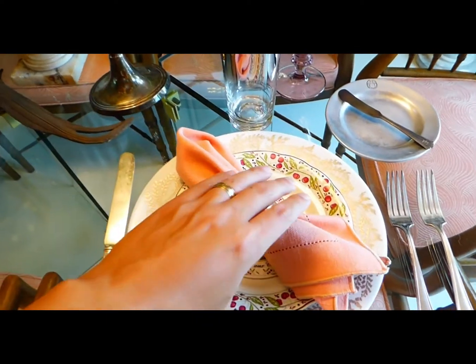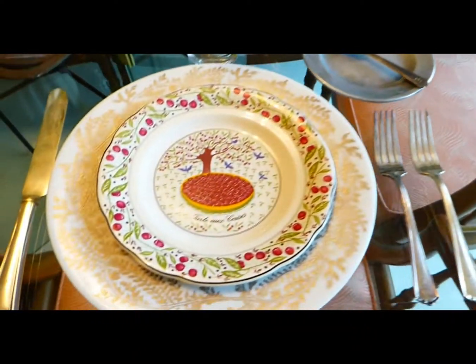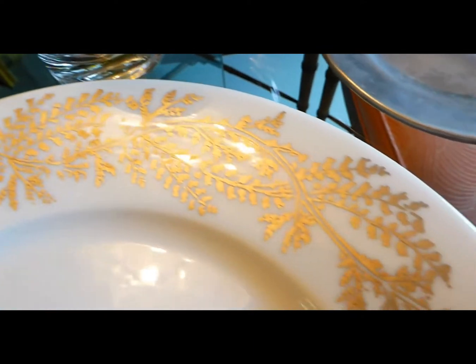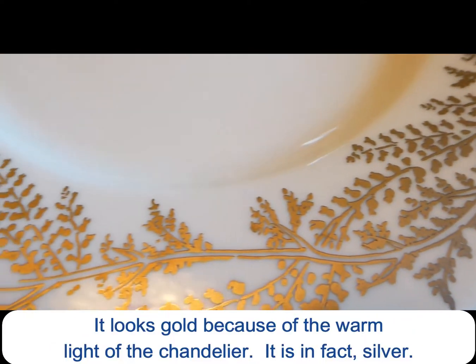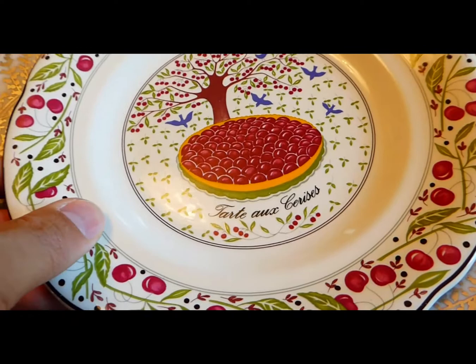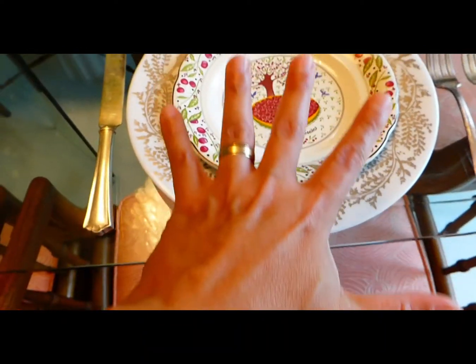But let me show you here what's going on the salad plate. See, very whimsical, very childlike, very fairy tale. But see the formal. This is a very formal dinner plate actually, with the silvered leaves going around the edge. So without this plate, it could be a very formal setting, but because of this, I've just totally made it